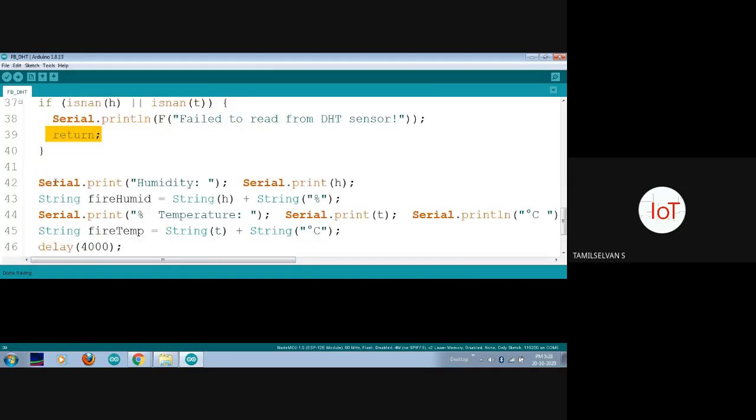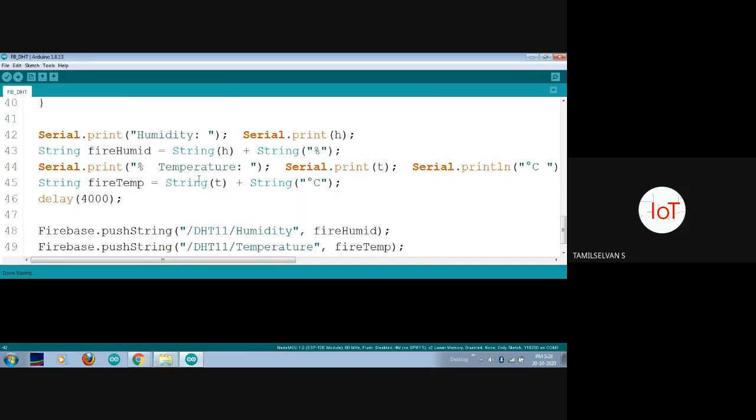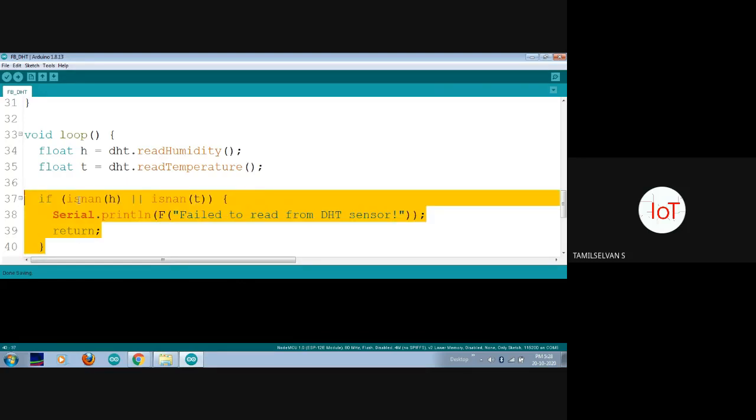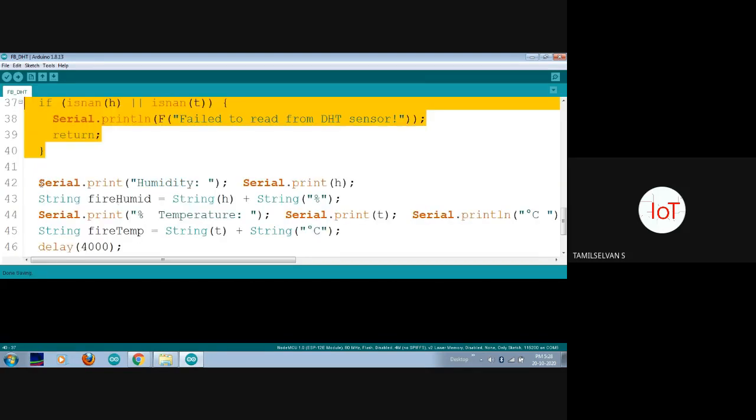And next one, Serial.print humidity. We have read our temperature and humidity now, and it is a perfect number. It is not going to be any string, and everything is okay, we feel. So we are going to print our temperature data. If it is failing, we have to update in the serial monitor that it failed to read from the DHT sensor.